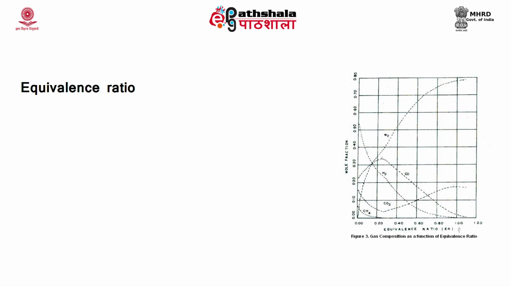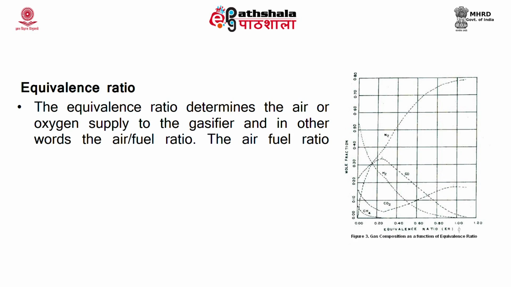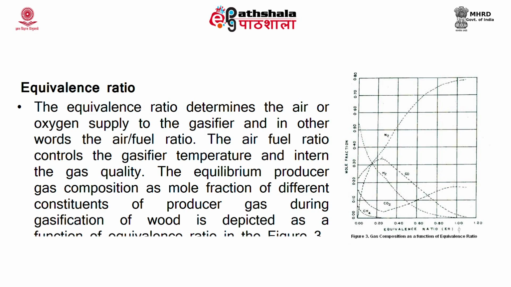The next parameter is equivalence ratio, which is represented as phi. It determines the air or oxygen supply to the gasifier, in other words it is the air fuel ratio. We have already seen how phi controls the thermochemical reaction. The air fuel ratio controls the gasifier temperature and in turn the gas quality. The equilibrium producer gas composition as mole fraction of different constituents of producer gas during gasification of wood is shown